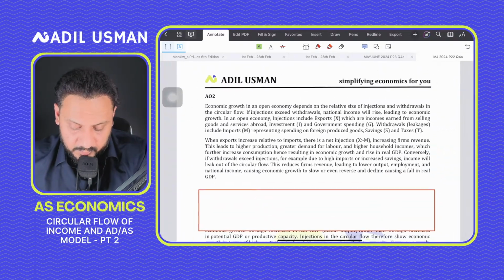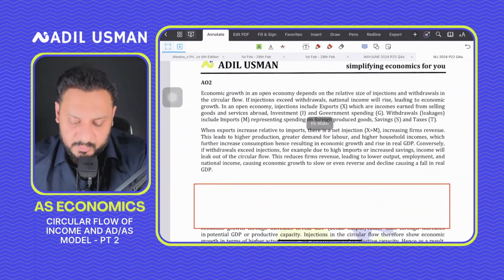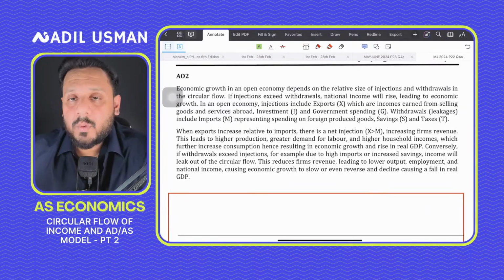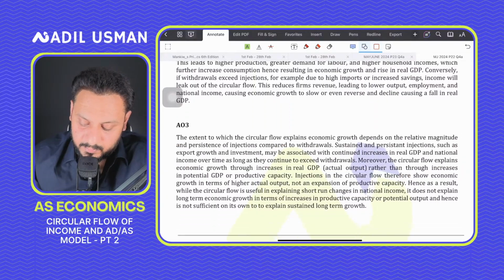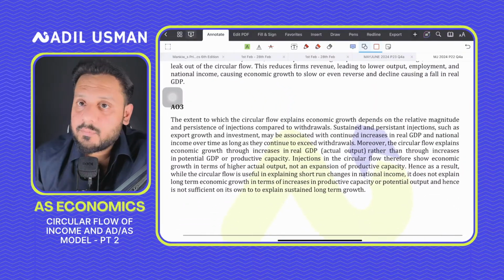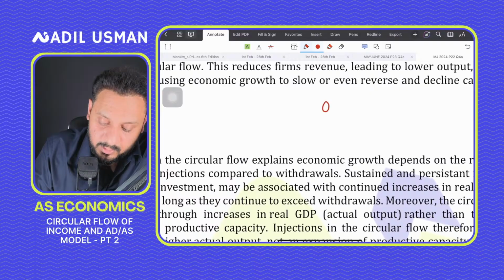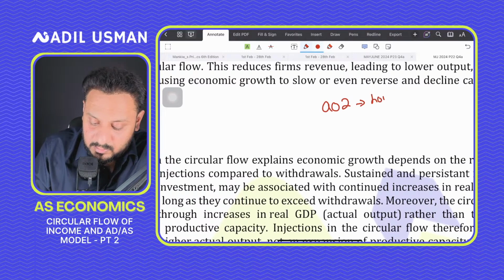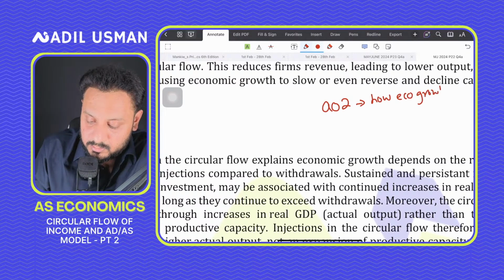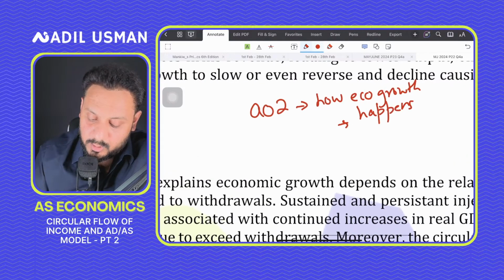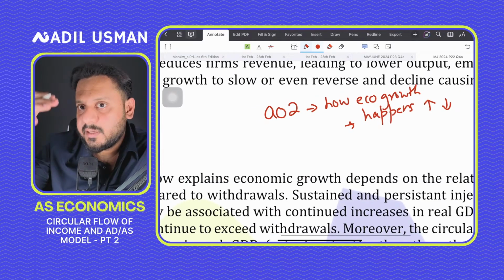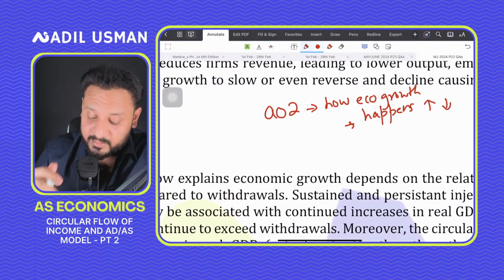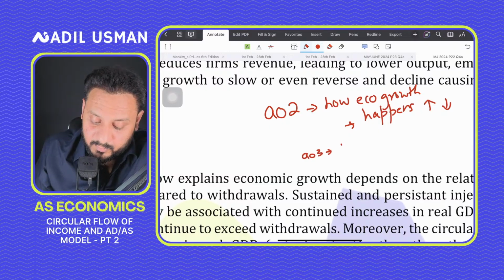Got it? So this is what the analysis is. You talk about economic growth: how would economic growth happen? And then your evaluation would be talking about to what extent this would happen. So your analysis is how economic growth happens. Economic growth could increase as well as go down, both sides, right? It could increase if withdrawals are less than injections and vice versa. And then AO3 would involve to what extent